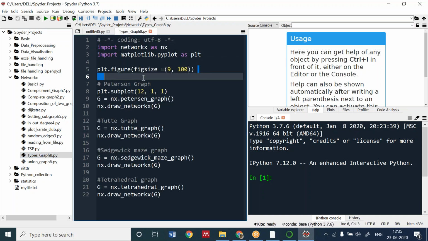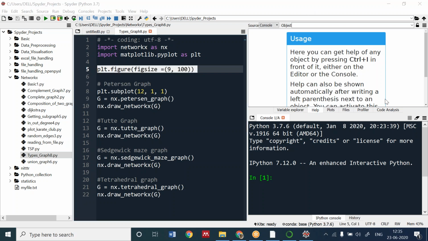By which command, what is this plt.figure function used for? Please answer in the comments, in the chat box. Bhavya has answered. I want everyone to be answering the question. Come on, fast. Size of plot for subplotting. Good. Come on, back to the chat box. Be attentive.